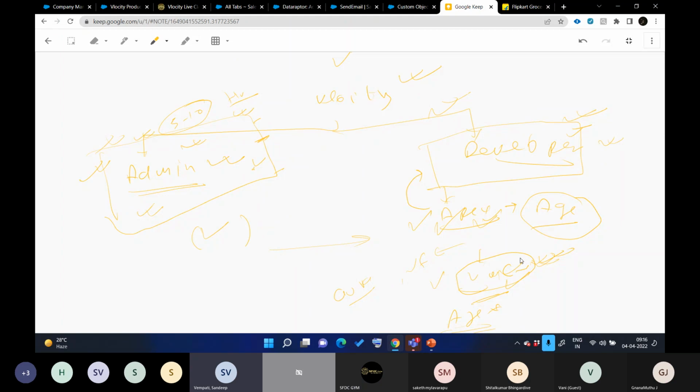So LWC is client-side development, which uses CSS and JavaScript and talks to Apex, which is Salesforce. It acts like a layer in between your Salesforce server and your client side, which is more driven on your browser. It uses your browser's brain, and whenever required, it will use Apex to get the data and display it to the users, and also CSS as well.